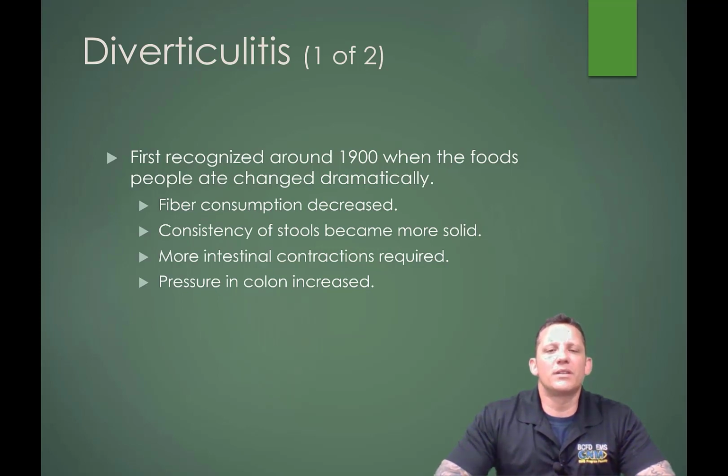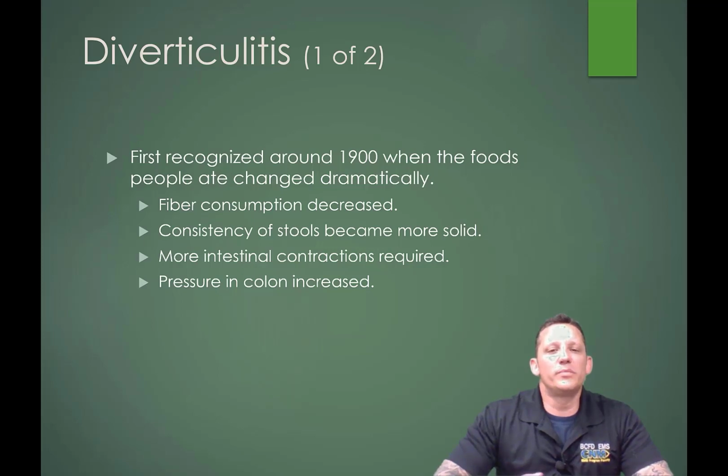Modern factory farming was starting to come into play, where we had lots more availability to meat, protein products, and we had a significant increase in the amount of bread products or starches that we were able to eat easily and cheaply. So the fiber consumption decreased, and then the consistency of people's stool is thought to have become more solid,